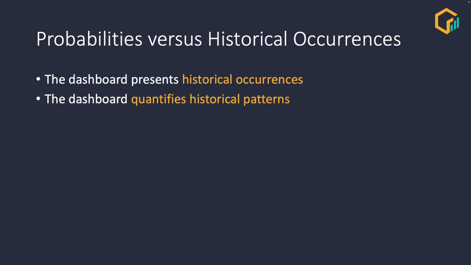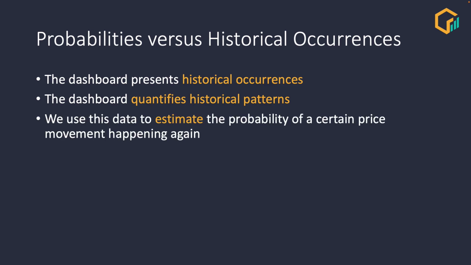But it's important that it tells you how often it happened in the past. It's not saying there's an 80% probability it's going to happen. Yes, we can use that data to say there's an 80% estimated probability that it will happen, but I do want you to understand the nuance here. So we use this data to estimate the probability of a certain price movement happening again. Once more, this is completely valid practice. I think every profitable trader has some system in place where they work on this kind of data, but I just want you to understand the nature of the probability, that when we're talking about probabilities, you're always talking about